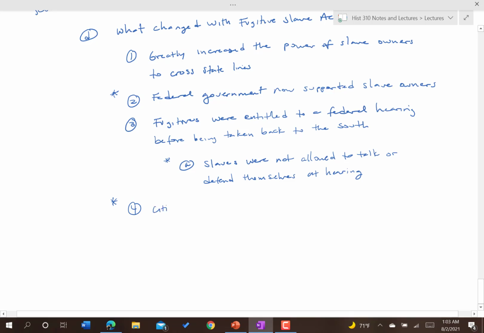Any citizen who aided fugitive slaves, so anyone that was helping with escaped slaves, the Underground Railroad, in any way, and that was a very broad term, which was also problematic, ended up facing federal penalties and punishments. So now, helping an escaped slave was a federal crime,